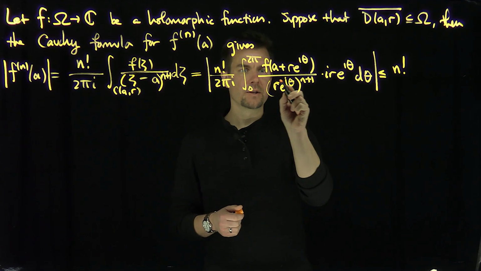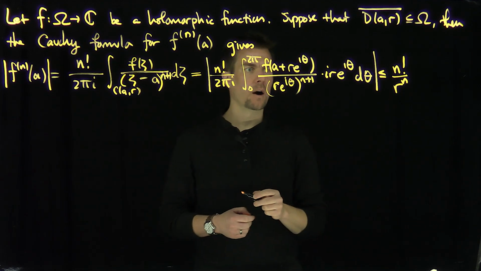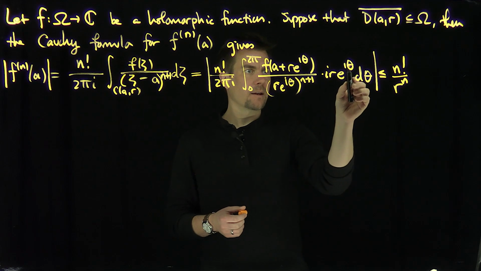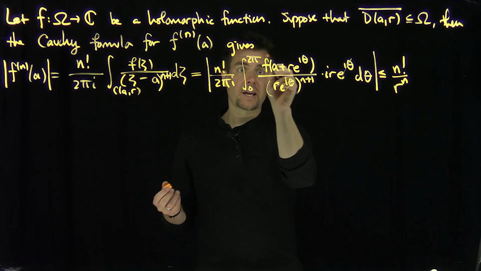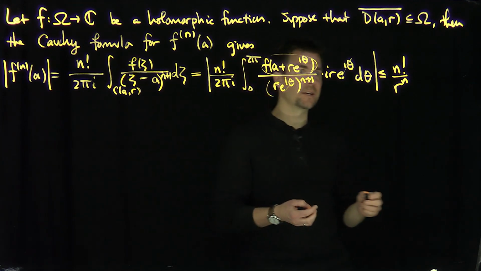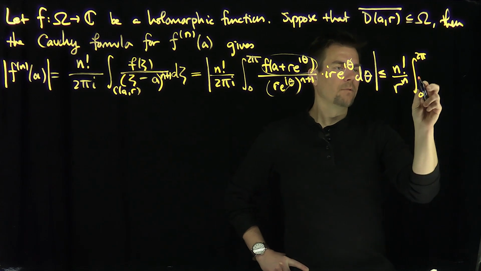So I have r to the n plus 1, over r. So I have an r to the power n. That's the power of r. The modulus of e to the i theta is going to be 1, so all those moduli are going to cancel out. And then I have the integral of this thing, which I can't control over here. But what I'm going to say is this is less than or equal to the integral from 0 to 2 pi of just the maximum